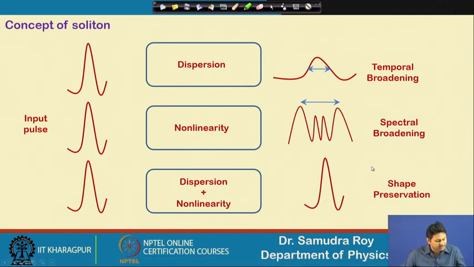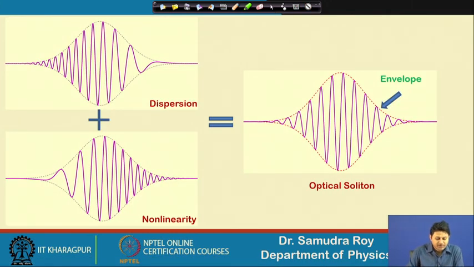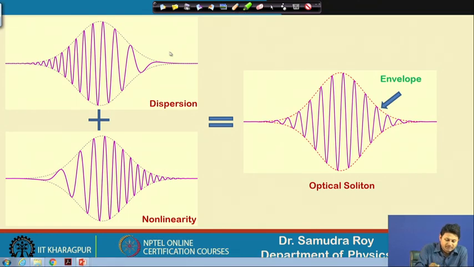We will learn more about this soliton maybe in the next class, but try to understand what will happen inside the pulse. So, as I mentioned, during the dispersion we have some sort of chirping, and due to the nonlinearity, the self phase modulation, we have also some sort of chirping. So, here in this schematic plot I have shown that this is a pulse with chirping. You can see that this portion of the pulse is rarefied, that means the frequency is decreased here, but here the frequency is increased. Linearly there is a change of frequency inside this pulse. So, that is called the chirp.